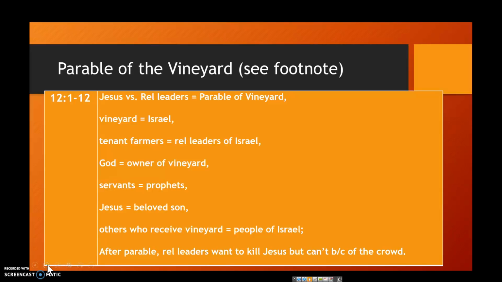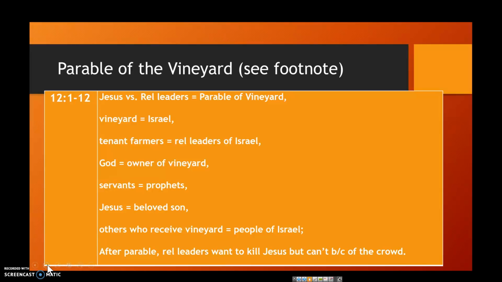And so basically Jesus is saying, hey, religious leaders, you're not doing what you're supposed to do. You killed the prophets and didn't listen to them. You're not listening to me now, and I know you're going to kill me, P.S. And if you don't change your ways, then God's going to give the responsibility for Israel to the people rather